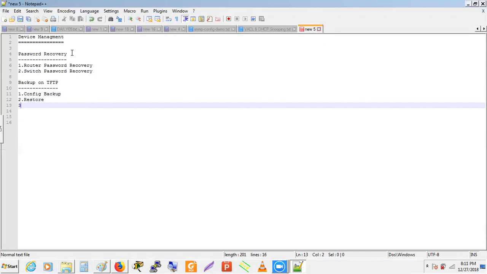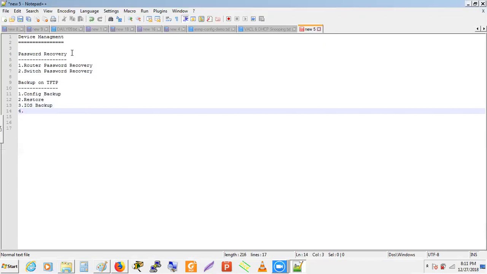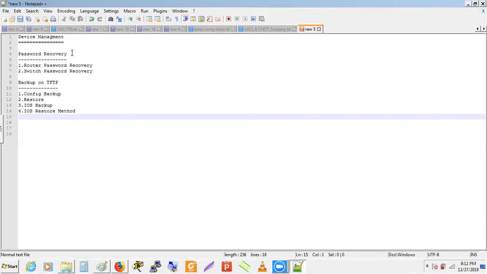Okay. Then we'll see IOS backup and IOS recovery or IOS restore method. So in this, we will see a normal backup method, normal restore method,